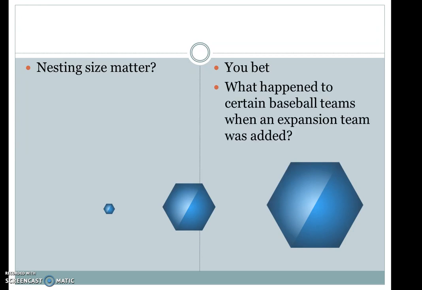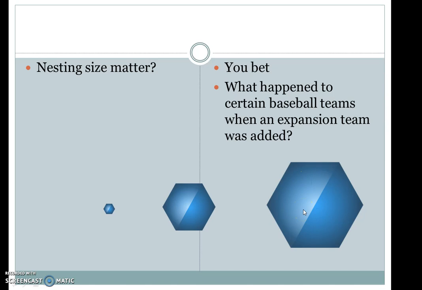Here it is in picture form. This might be the market area for the coffee shop. This might be a market area for Best Buy, and then this is the market area for the Milwaukee Brewers. Likewise, you have the market area for Little League Baseball or high school baseball, and then the market area for, let's say, a minor league team like the Beloit Snappers. This is the amount of area they're going to cover. The Milwaukee Brewers have a much larger nesting area, or market area,